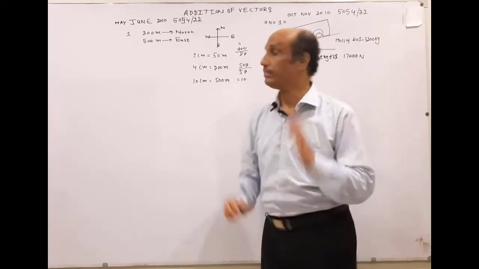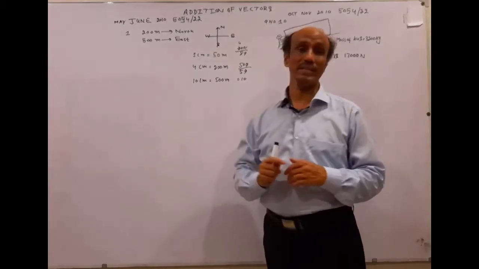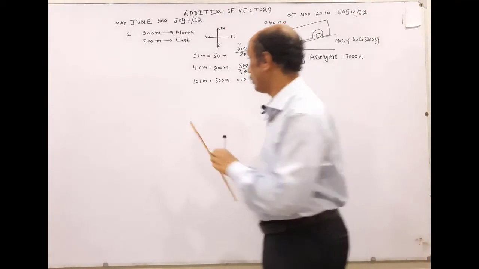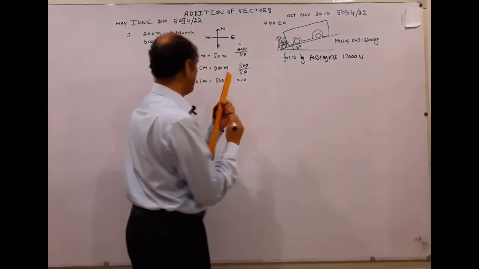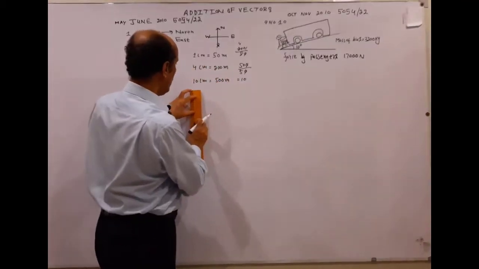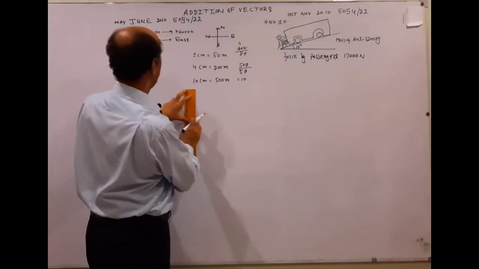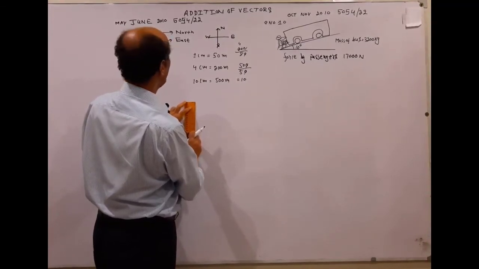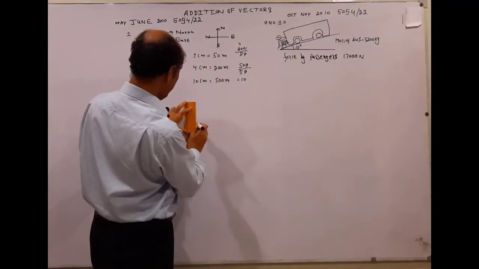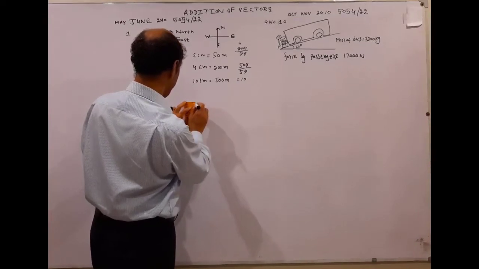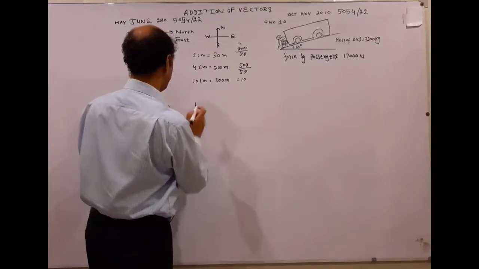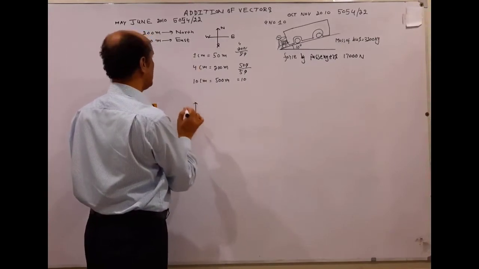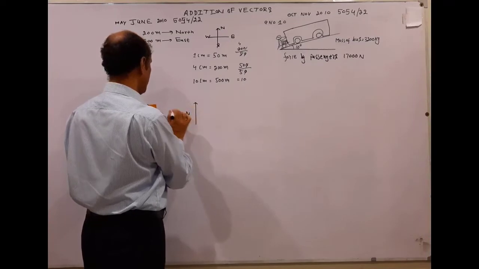And what is the direction between north and east? North and east are at 90 degrees to each other. So look here, what we will do. We will draw this one line. The journey starts from north, so for the north we will draw the 4 centimeter line up to this point. This is for the north direction, which is equal to 200 meter.